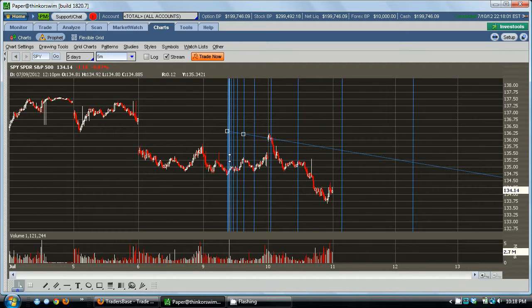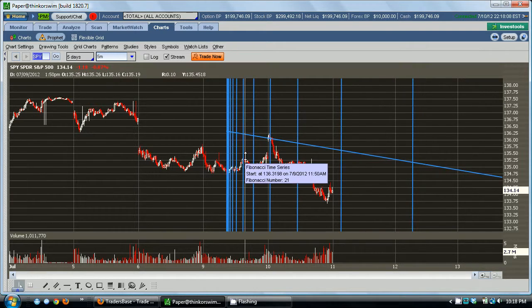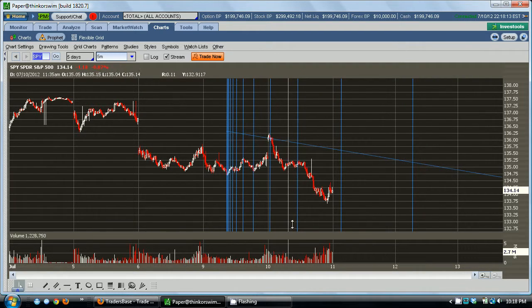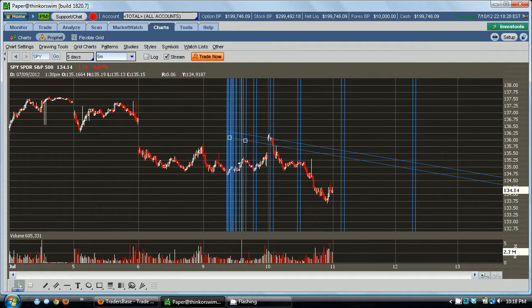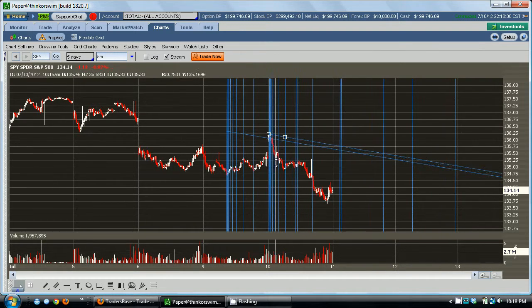Okay, so this one actually did pretty darn well. You see it called this pivot here, this pivot here, this pivot right here. This one was a blip, I guess. And then it's showing the next pivot is going to be tomorrow at about 10:20 a.m. So I'm going to remember that, because what I'm going to do next is take one more from the very top of this movement, right at this top here, and I'm going to change its color,